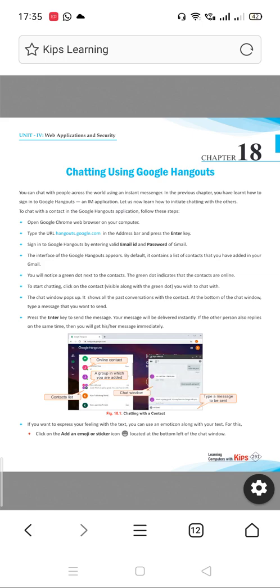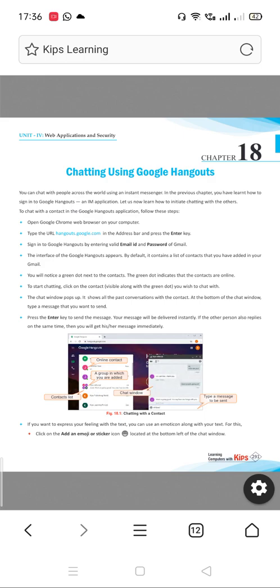One is directly you can search in Google, that is you have to type the URL hangouts.google.com in the Google search engine. You will get it. In that you have to sign in with your email ID and password. And you know that Google Hangouts is integrated with Gmail. Google Hangouts you can open in mobiles, that may be Android or iOS mobiles, as well as in your personal computers, laptops, PCs. There you require a Gmail account and password.